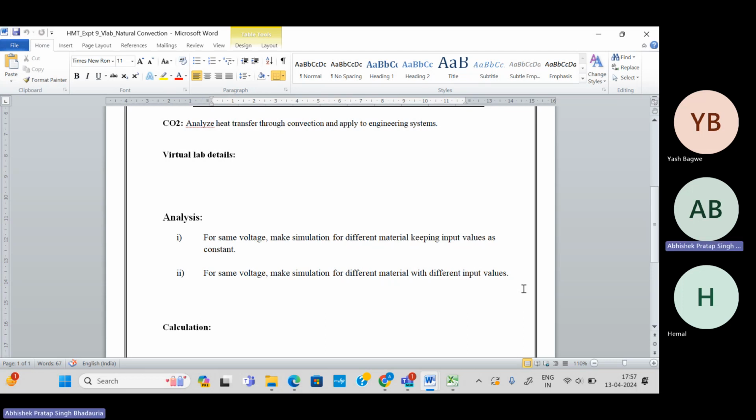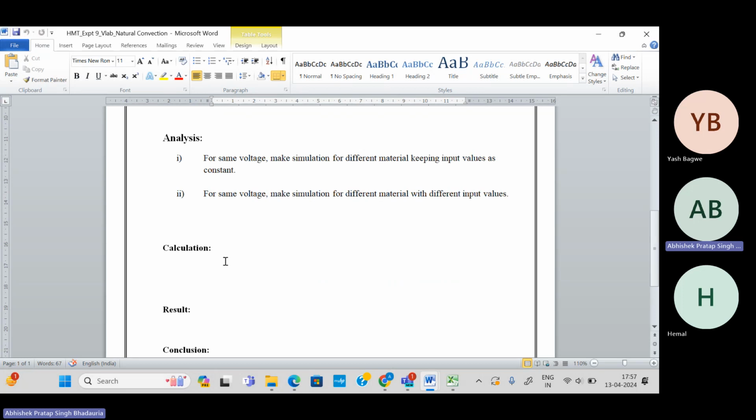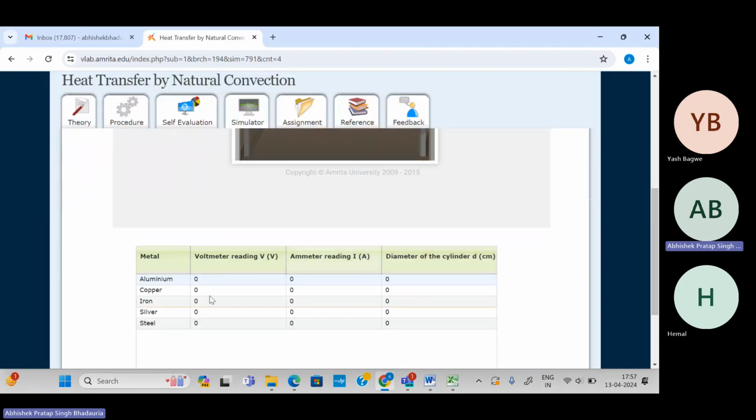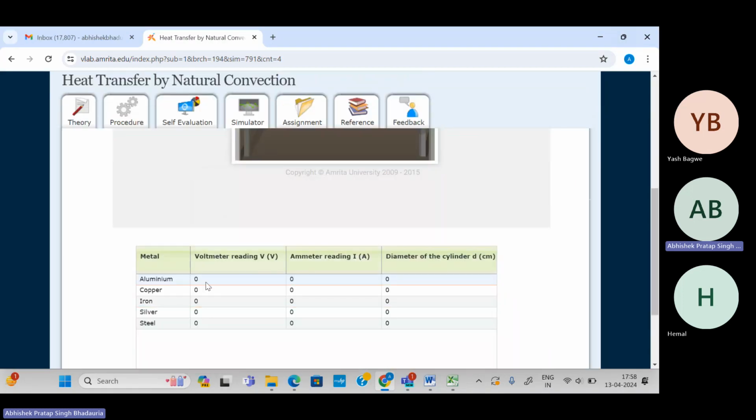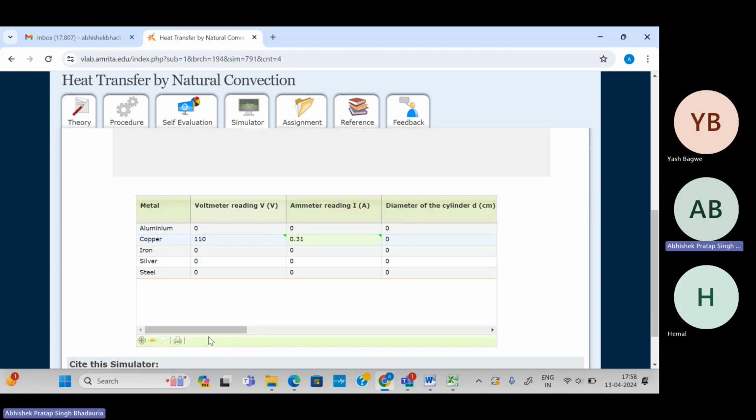ओके, तो यहाँ पर केस 1 के नीचे आपके 5 सिमुलेशन आ जाएंगे, उसके स्क्रीनशॉट आ जाएंगे, और केस 2 में भी 5 सिमुलेशन और उसके स्क्रीनशॉट आ जाएगा। अभी कैलकुलेशन में आप क्या करेंगे, कैलकुलेशन में मैं आपको जस्ट सी दिस, अभी देखो इसके नीचे जो है ये एक्सेल शीट है। ओके, तो क्या करेंगे, जो हम यहाँ पर जो इनपुट पैरामीटर्स देंगे, जो वैल्यूज है, वही वैल्यूज हम यहाँ पर वी विल पुट द वैल्यूज हियर इन दिस टेबल। सपोज मेरा मटेरियल है कॉपर, तो इस बार मैंने सपोज 110 वोल्ट, मेरा सपोज करंट था 0.31 आ रहा, तो वो मैंने एंटर किया।